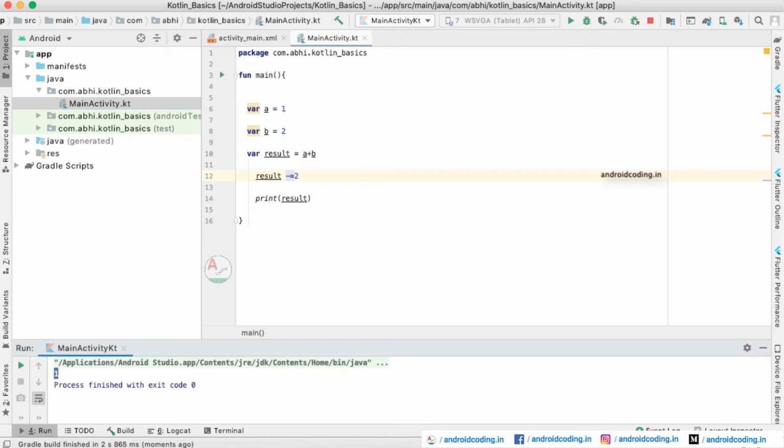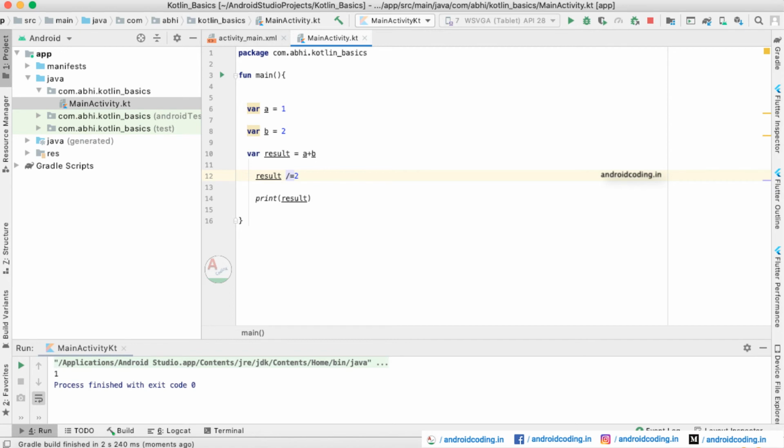Here we got the 1, and now let us try multiplication. So now 1 plus 2 is 3, 3 times 2 is 6. Yes, we got the result. And if we try to divide here, we will be getting 1. Why? Because we are considering only the integer data type. Though the result is 1.5, the 0.5 is not considered here, because our variables are of integer data type.